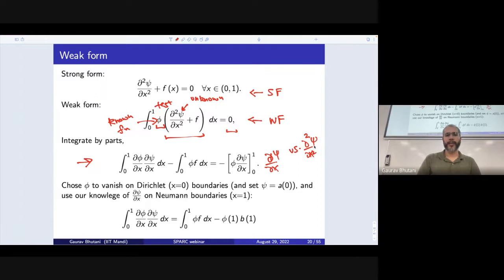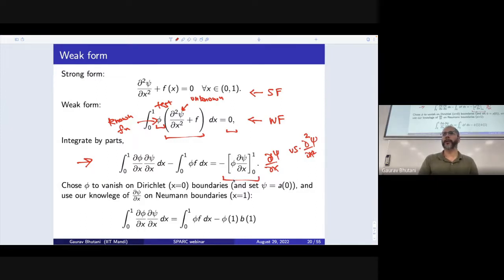Good. So when we do that, in the process of integration by parts, we get this term where we need to know the boundary conditions, because finding the value of del psi by del x at boundaries 0 and 1 is a boundary condition. It's basically knowing the derivative of psi at boundaries, or it's called the Neumann boundary, knowing the derivative. So what we do is, now the actual boundary may not be Neumann. So when I say Neumann, I mean the derivative of the unknown is known, and Dirichlet means the value of